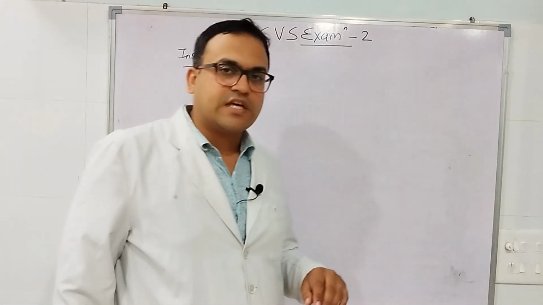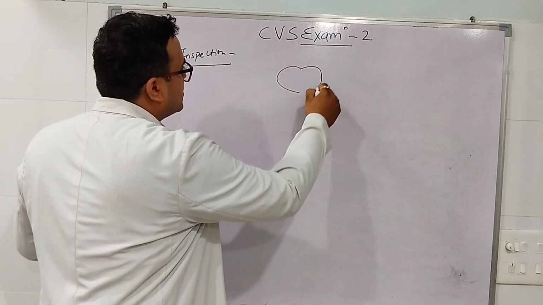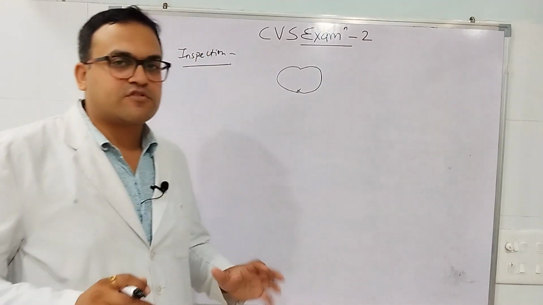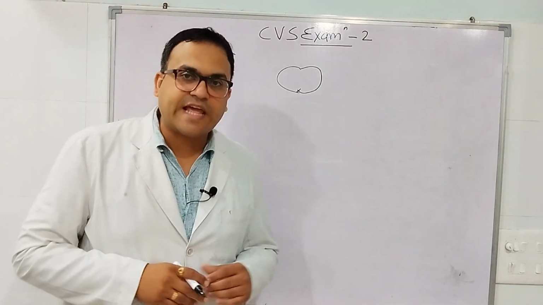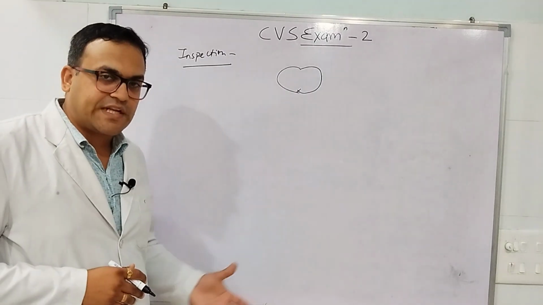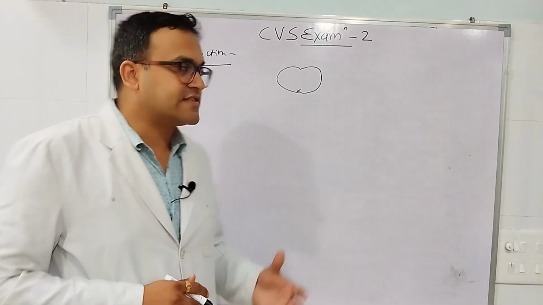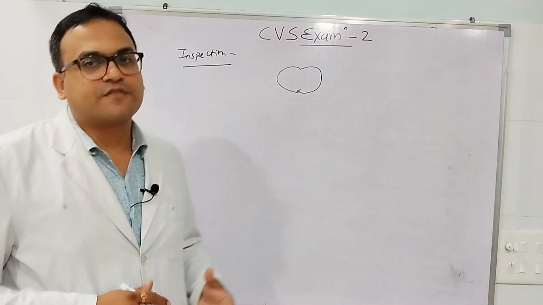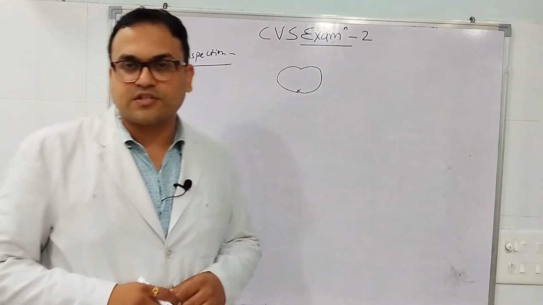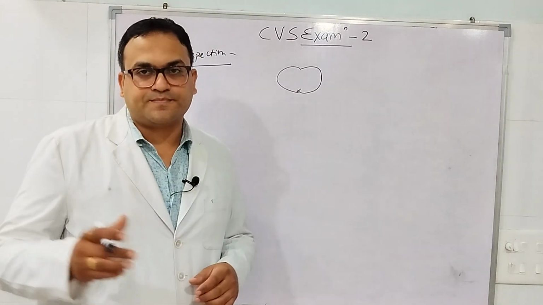the first thing we have to see is the shape of the chest. The normal shape of the chest is ellipsoid. So this is the normal shape of the chest, that is ellipsoid in shape. We have to see whether there is any deformity present like kyphoscoliosis or straight back syndrome, funnel chest. These deformities can impact our examination, or certain deformities like pectus excavatum can give clues about certain diseases present. So we have to see the chest wall before proceeding to the cardiovascular system examination proper.